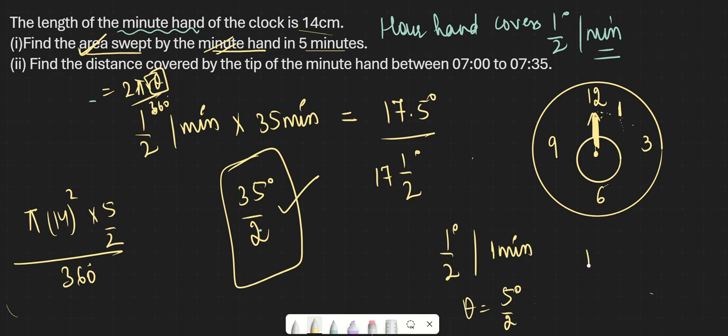For minute hand, again I'll say it's 6 degrees per minute, and for hour hand it is half degrees per minute, and then we'll see if they are asking us area or the distance covered. We'll accordingly apply the formula and get the